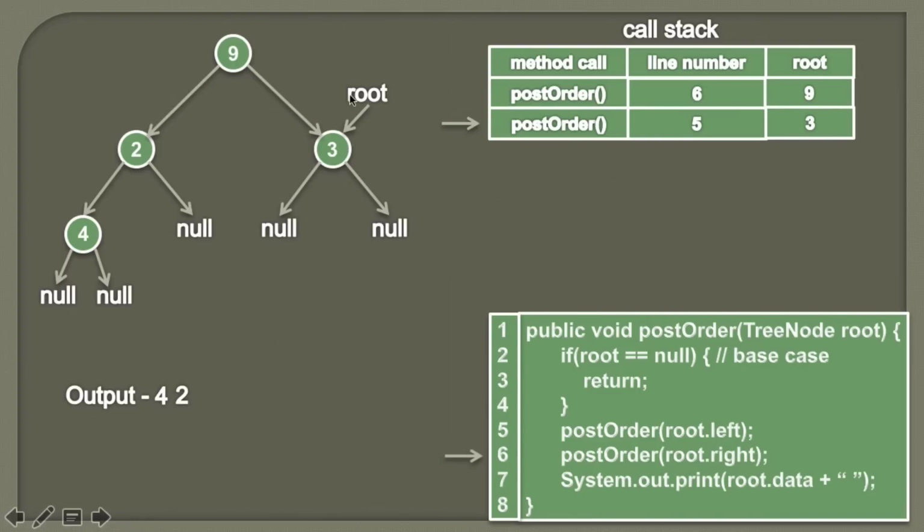because in order to traverse this node we have to traverse this left subtree first, which we have already done. So now is the time to traverse this right subtree, and after traversing right subtree we can actually visit this node 3. So in order to visit its right subtree we are calling this post order method again and we are passing the null value to it. And we also know that we are leaving this method at line number 6, so we'll update the line number here.